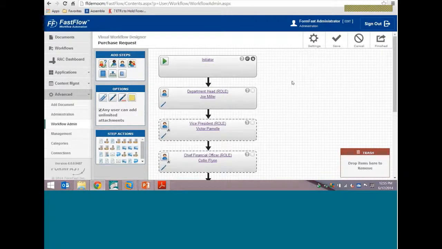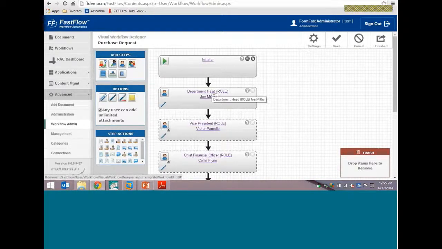The new Visual Workflow Designer is very visual and very basic to use. It's all just based on drag and drop. So for example, in this particular workflow, we have the initiator set up to send the message to our department head, and that can be configured as a role or user or a department or location in the building. So for example, right now I have this particular workflow defined as a role to send it to the department